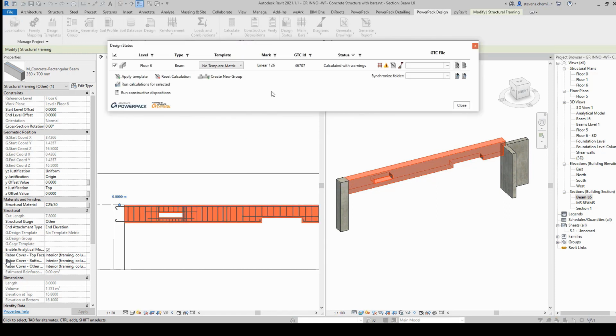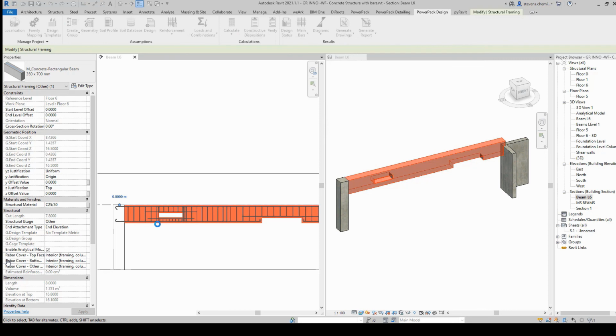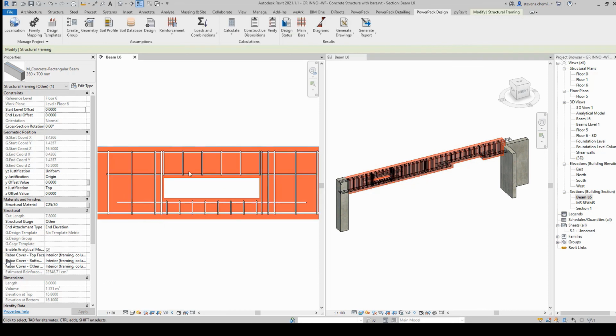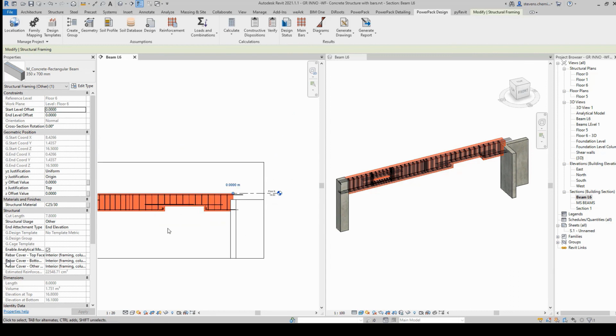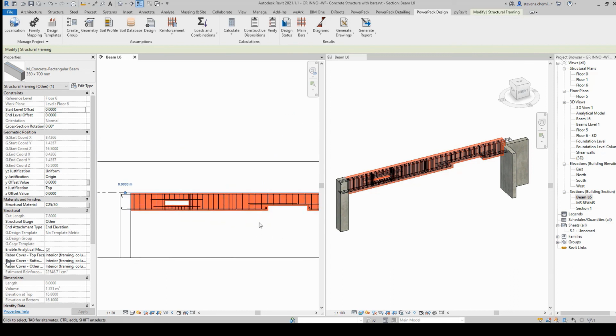And so now if you calculate the beam, still based on the FEM result coming from Advanced Design, you see here you have some additional local reinforcement around this opening of this beam, and you have as well the position of longitudinal bars adapted to the custom shape of this beam.